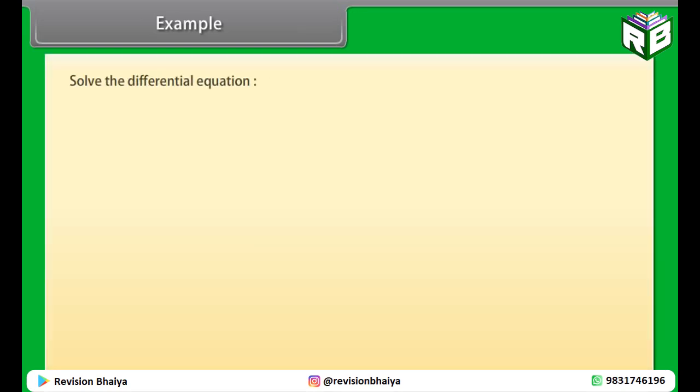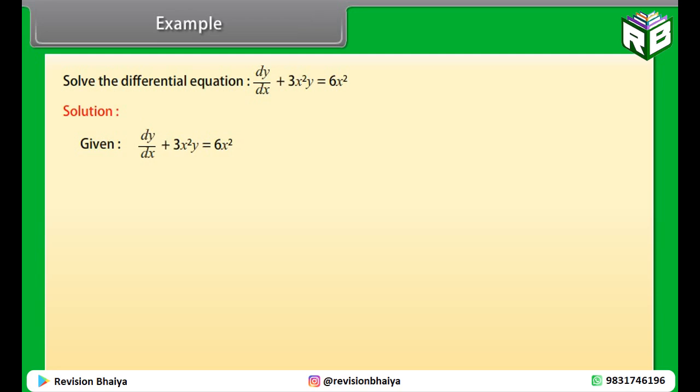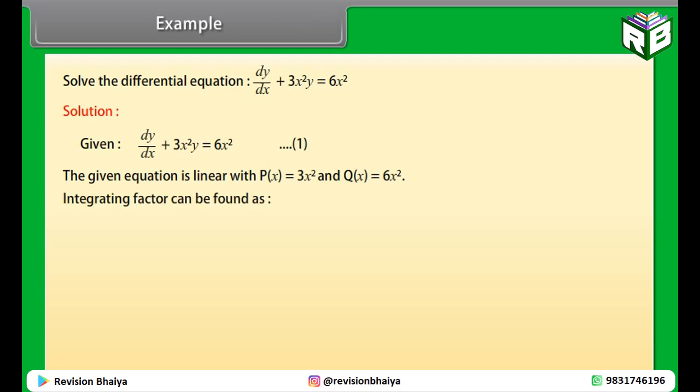Example: solve the differential equation dy/dx plus 3x square y equals 6x square. Solution: given dy/dx plus 3x square y equals 6x square. Name it as 1. The given equation is linear with p(x) equals 3x square and q(x) equals 6x square. Integrating factor can be found as